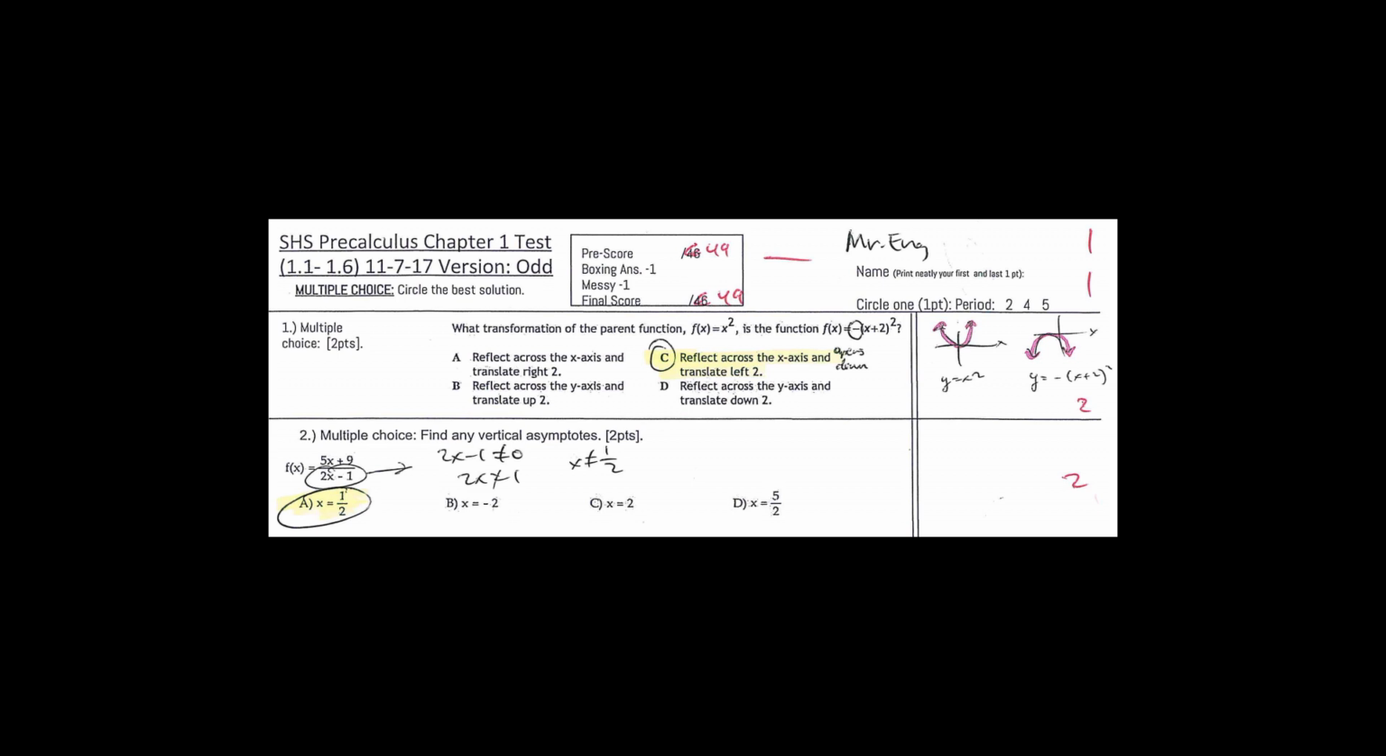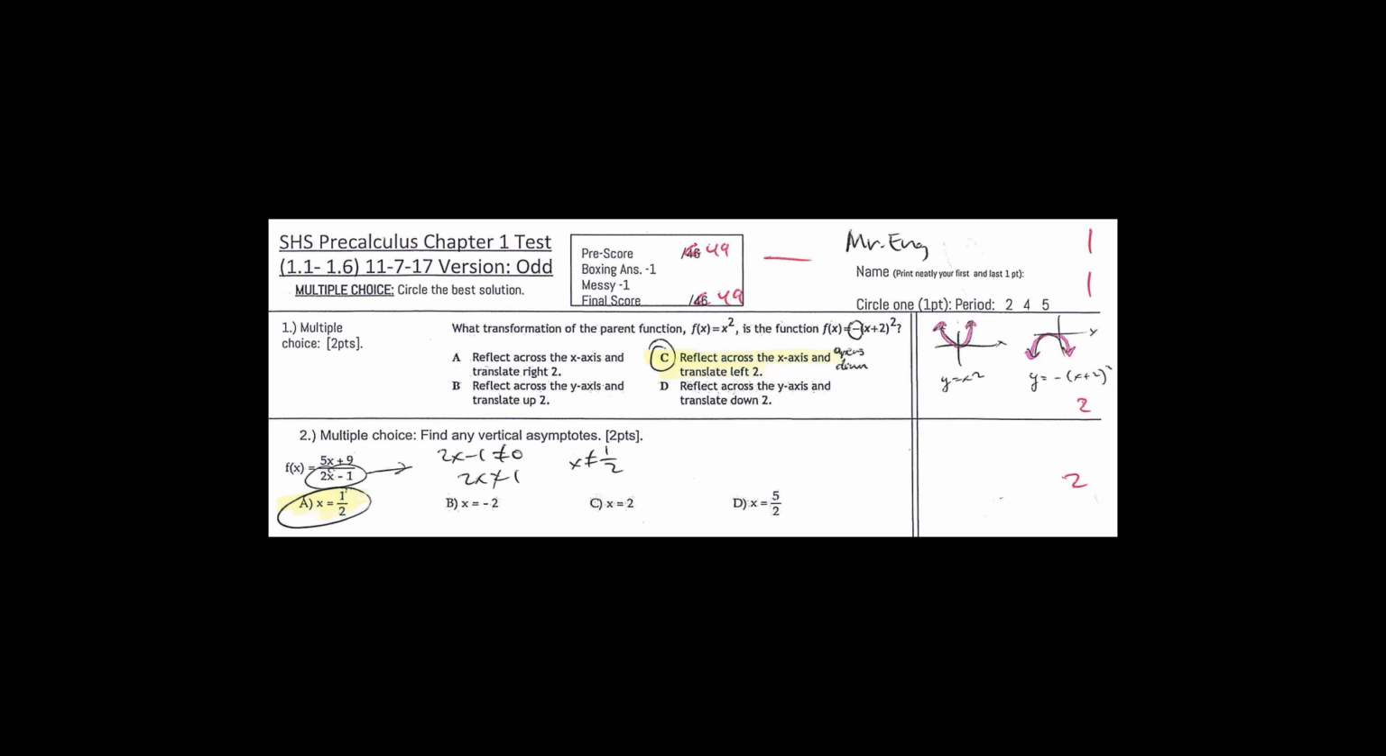And for number 2, find any vertical asymptotes. So you already know that you should take the bottom of the function, the denominator, and set it equal to 0 or not equal to 0, which is what I did here, and solve for x. So I moved 1 to the other side and divided by 2, so x cannot equal 1/2. Because if it does equal 1/2, in the denominator, the function would be 2 times half